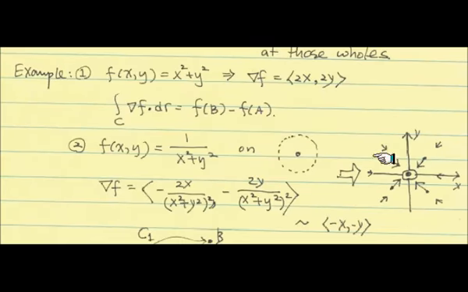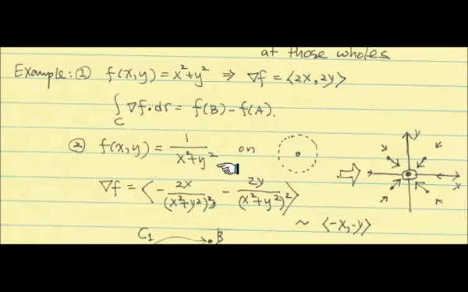So here are two examples. This is a typical example where everything is well defined. f of x y is a scalar function whose gradient vector is going to be the partial with respect to x and partial with respect to y, so 2x, 2y. And this scalar function is defined everywhere. So however you do this path integral, the line integral of this gradient vector field is going to be just like this.